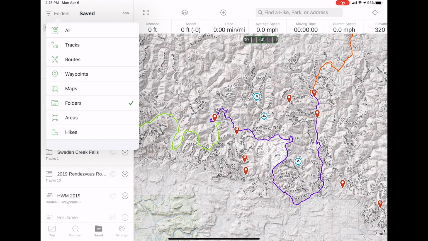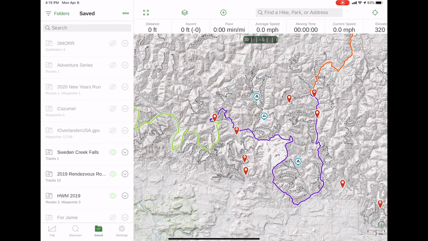So anyway, that's the difference between the two, and I really prefer the mobile device better, but it's not always as handy as the web browser. There are definitely pros and cons to both. So that's just kind of an overview of the interface, differences between mobile device and web browser, where to find your routes and your tracks, how to activate the layers, where to toggle them on and off, how to toggle your routes and tracks and waypoints on and off in each device,